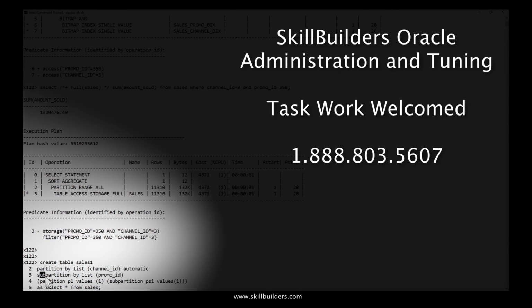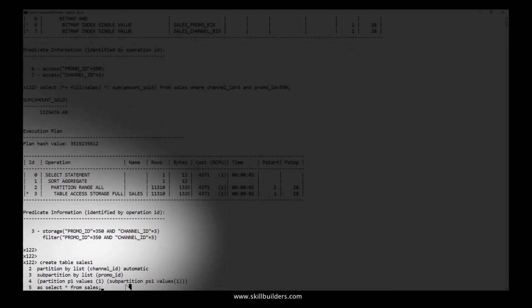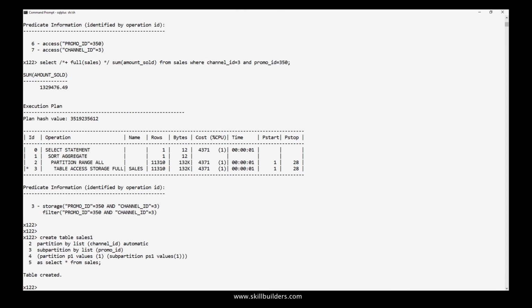Then my sub-partitioning clause. And finally, just as with interval range partitioning, you have to nominate partitions to start with, just one partition to get things started. So I'll create my table and now run my query from sales1, my new table, where